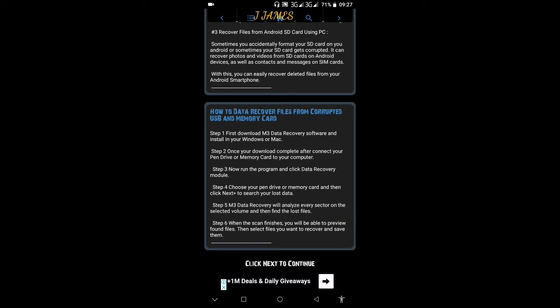So this is a very simple step, as you can see. Very easy peasy, easy steps to take. So just go through the steps and you will be able to recover the lost files from your memory card